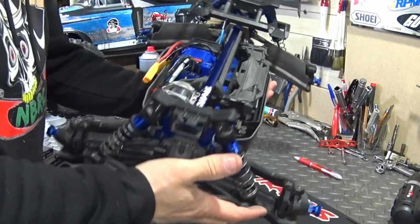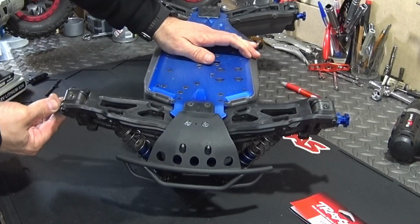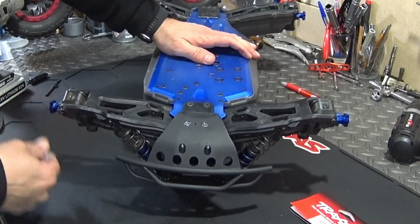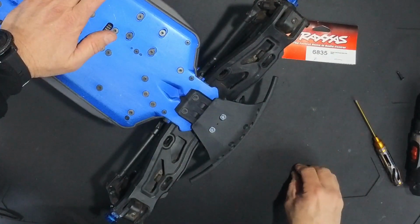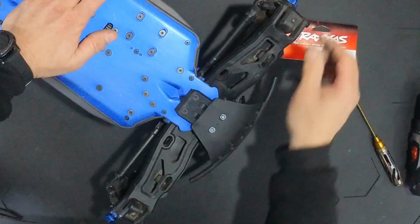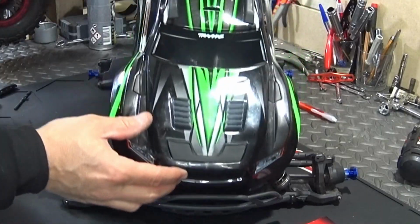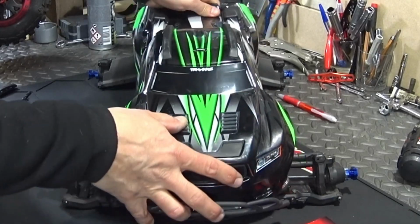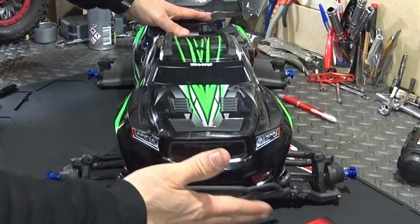And I had a Slash a couple of years ago, and the bumpers are real tough. Check if everything turns freely, because otherwise, if these screws are too long, if you take them 5 millimeters longer than the original ones, nothing's going to happen. Otherwise, if you take them too long, you're going to bust your ring gear. You push it in here like that, but now the bumper protects